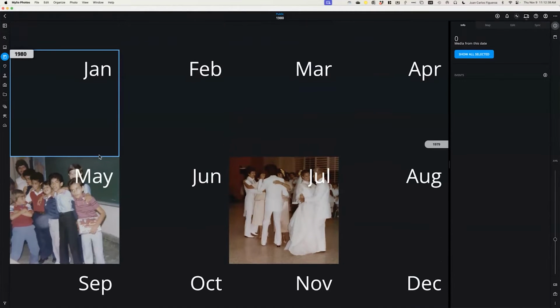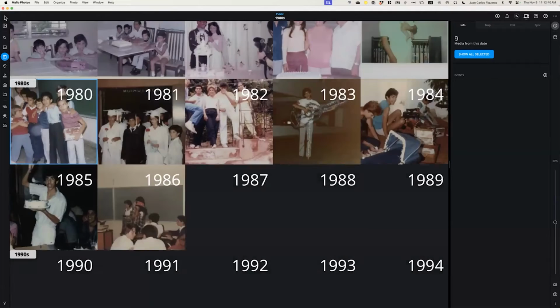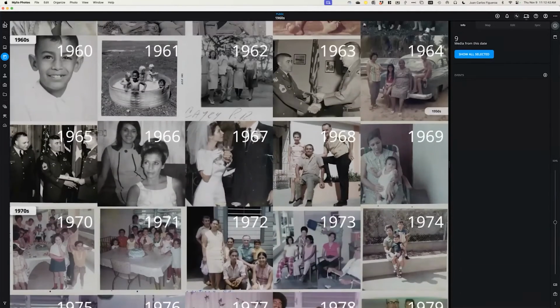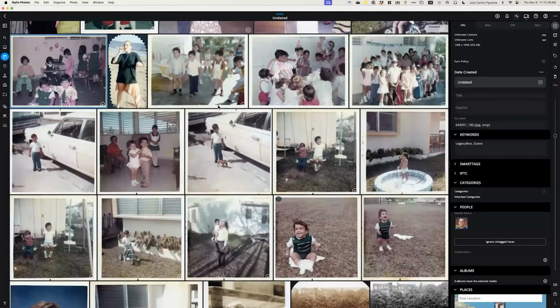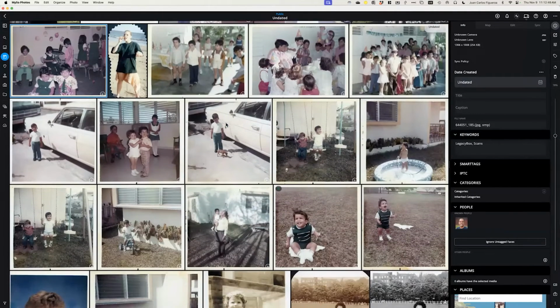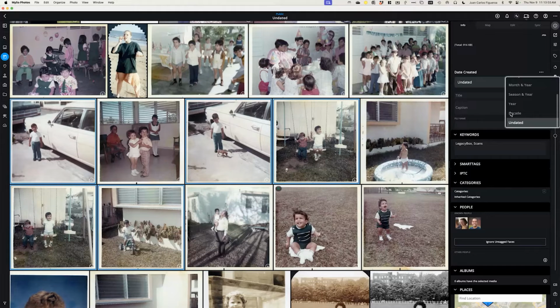And of course, I don't have to do one photo at a time because most photos are going to be grouped together. I can go to that grouping, and it can be any grouping. It doesn't have to be in this undated group. But for example, all of these photos right here look like they were taken around the same time. So I could change the date on all of them at once. And I can say, looks like that was in the summer of, I look to be 4 years old. So that was in the summer of